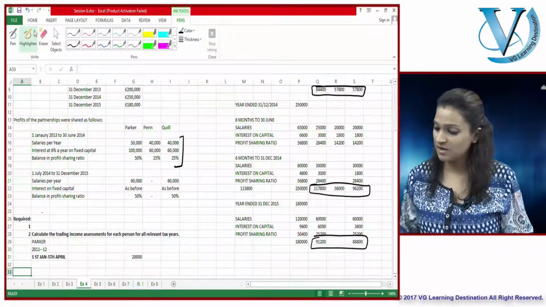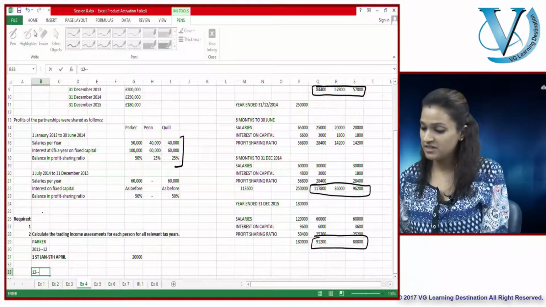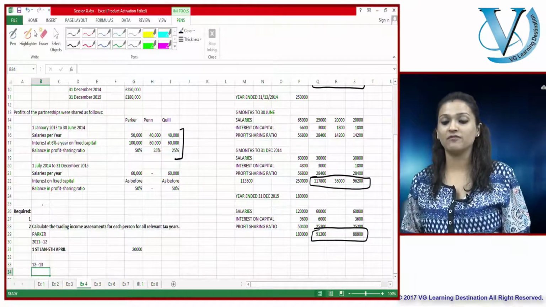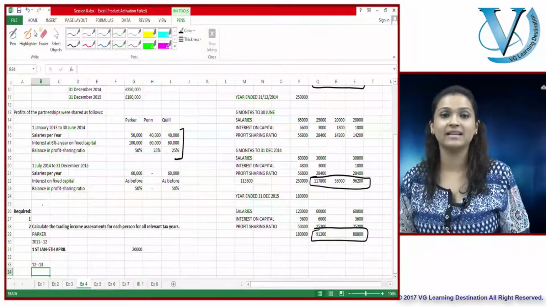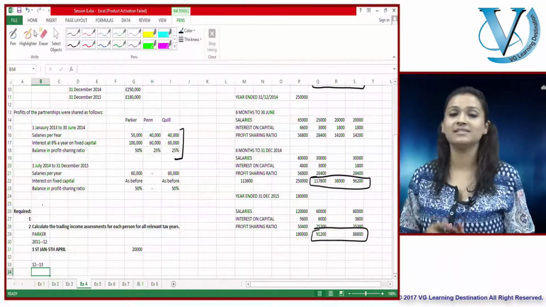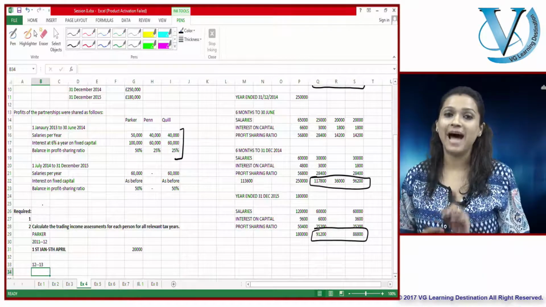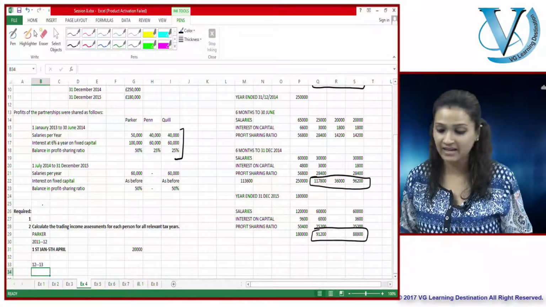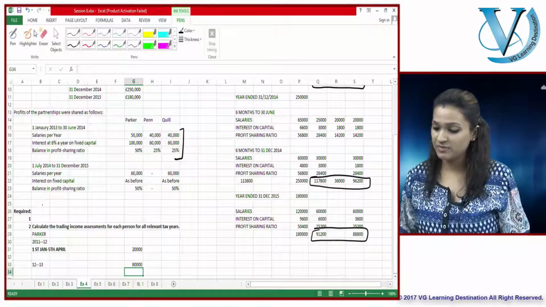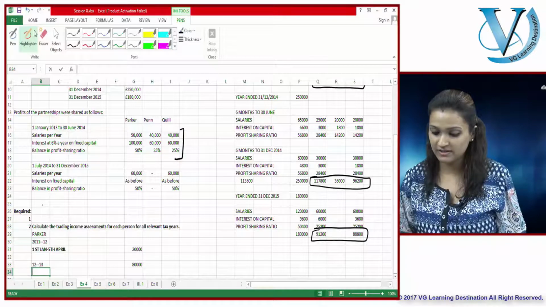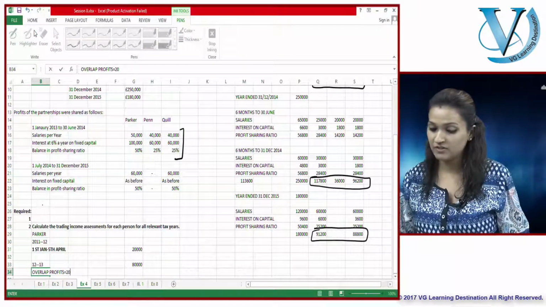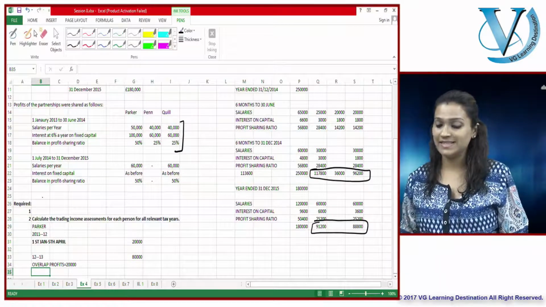What happens in next year, which is 12, 13? You make your timeline first and ask yourself a few set of questions. Is there a tax year ending this tax year? Is there an accounting period ending this tax year? Yes, there is. It is 12 months. So what do you do? You tax those 12 months. So the entire 80,000 pounds gets taxed in the second year of business, resulting in overlap profits of 20,000 which gets taxed twice.